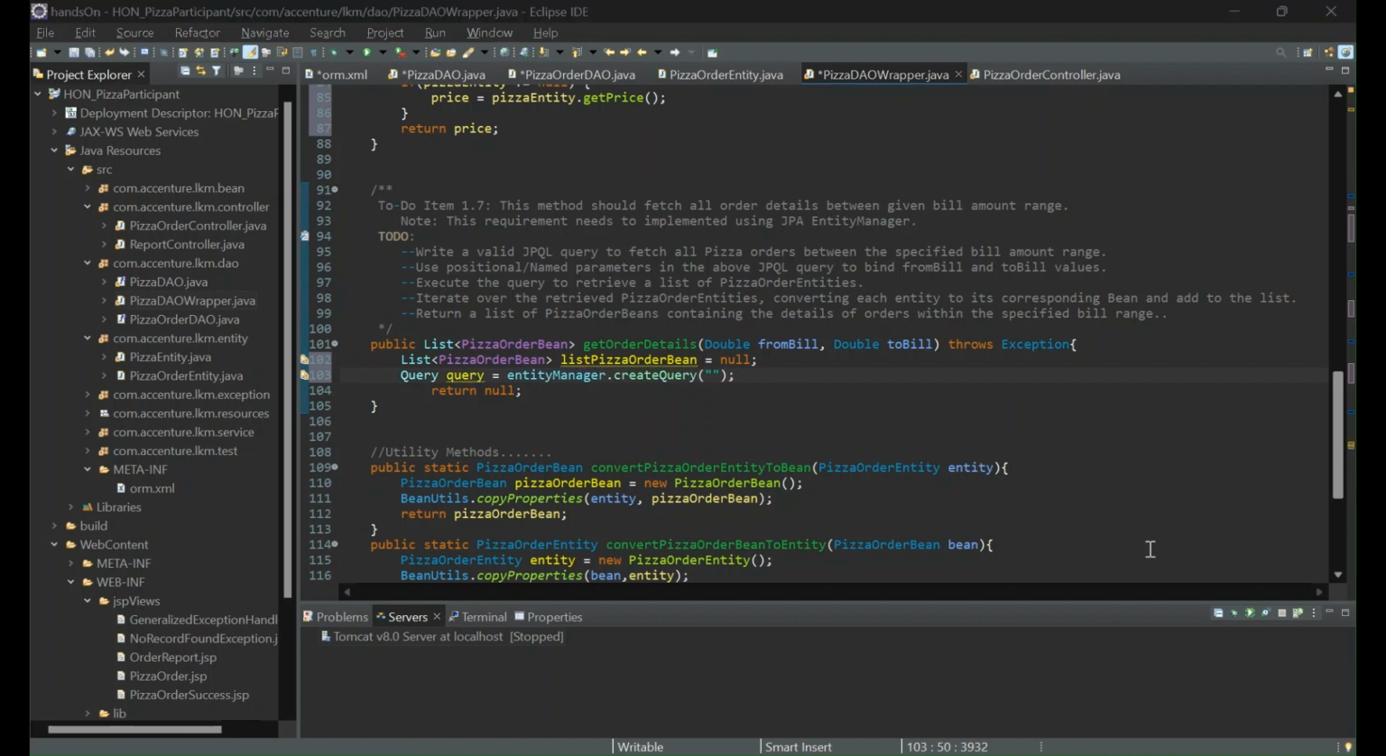So what we have to do is select something from the pizza order entity, where the range should be from the minimum to the maximum. So let's write it: select k from, what is the table name? Pizza. We can copy it from here. It is pizza order entity